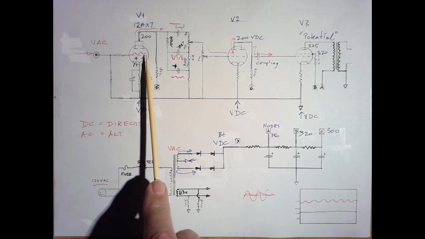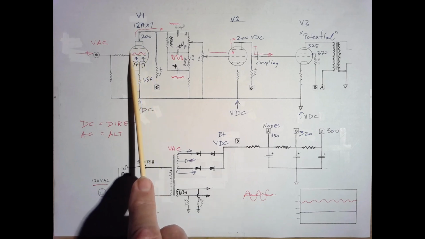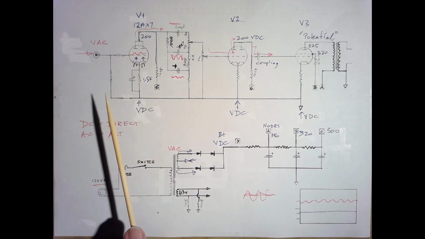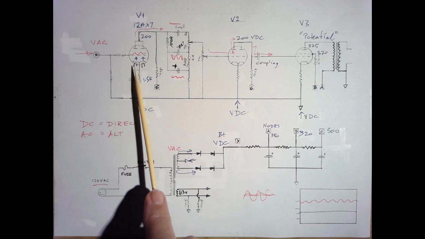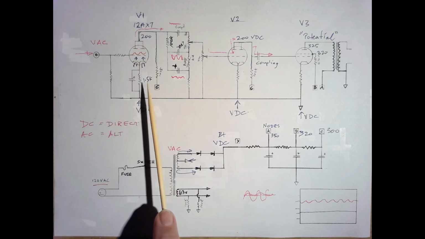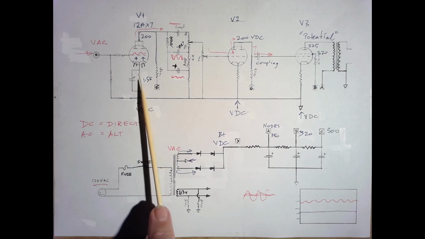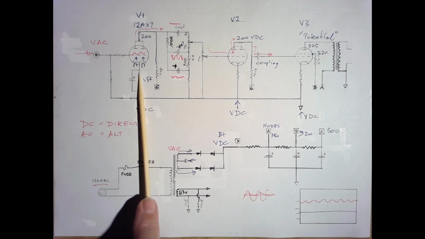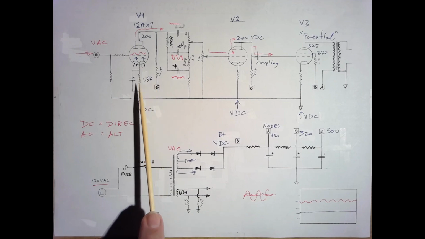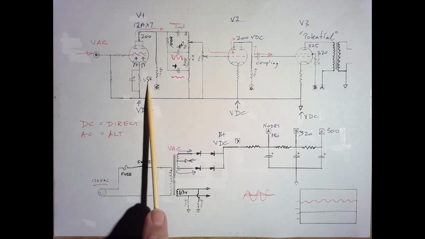So the Brits call this, we call it a tube, they call it a valve. And it's interesting to see it as a valve because it's almost like a faucet. And this is really the tap, the control that turns the faucet on or off. If we put a high rated resistor here, we would get much less flow through this cathode resistor. So what we actually have is a 1.5K, which is fairly standard on a lot of preamp tubes,